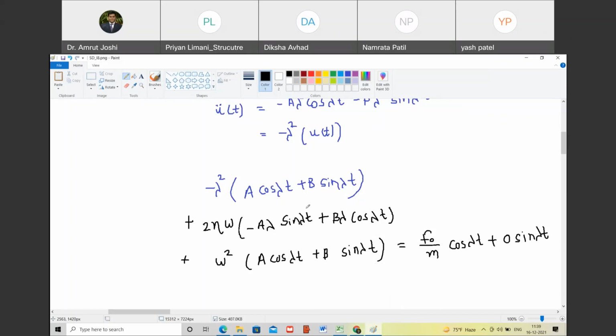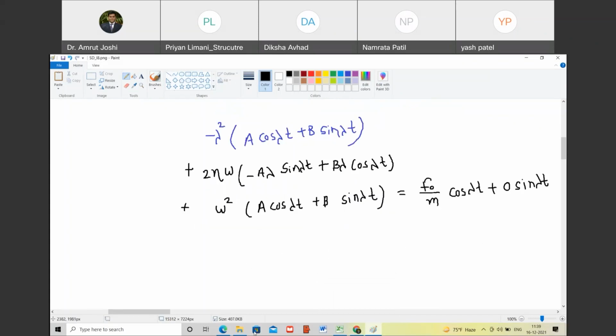I will solve for it. So let us do that. So now what matters is patience. So now what will you do? We are going to now collect terms in cos lambda t on left hand side. So can you tell me what are the terms that are involved in cos lambda t? We will go one by one. Are you with me? So a cos lambda t, this is the term in cos lambda t. So therefore a into minus lambda square. So I have considered this term. Are you with me? So I will write it as minus a lambda square.